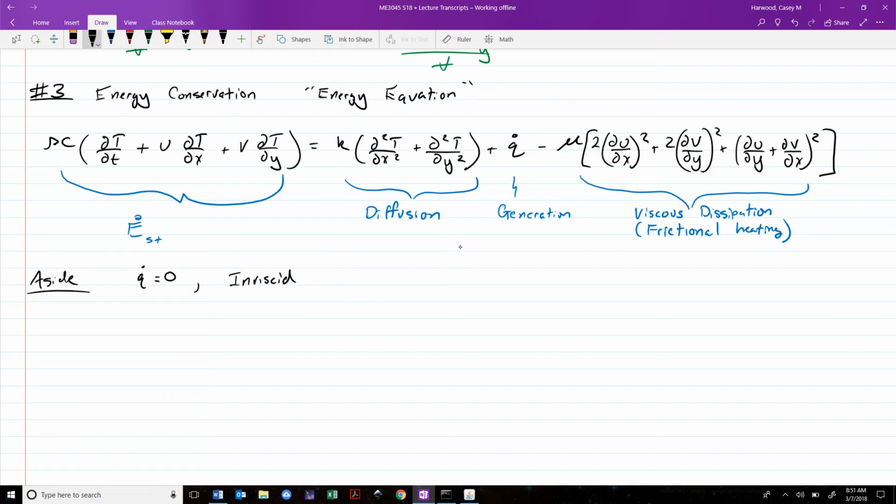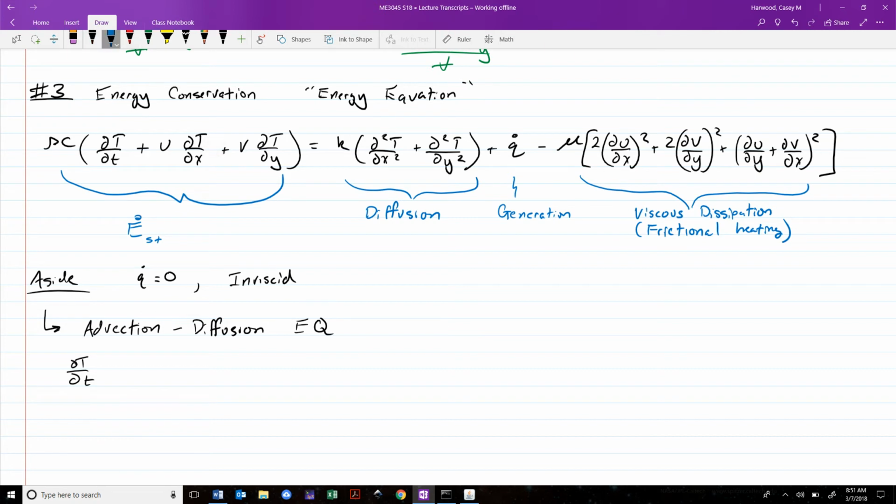What we're left with is known as the advection diffusion equation. Okay, and this is not a different equation. This is just a simpler version of our general energy conservation principle. But this is one that's used a lot in science and engineering. It's just going to say